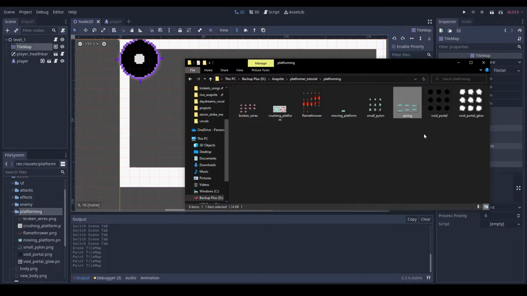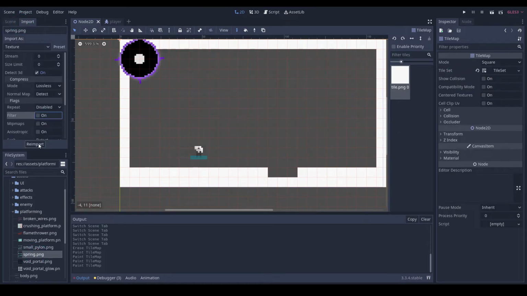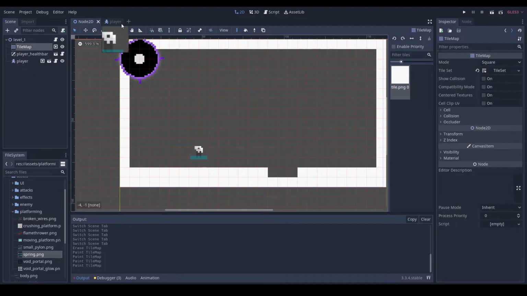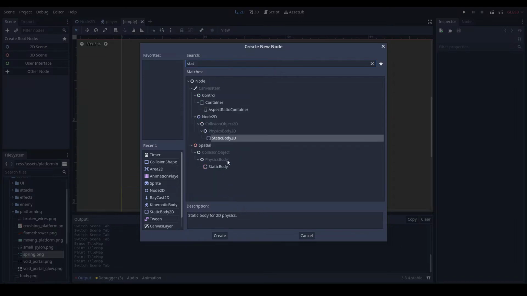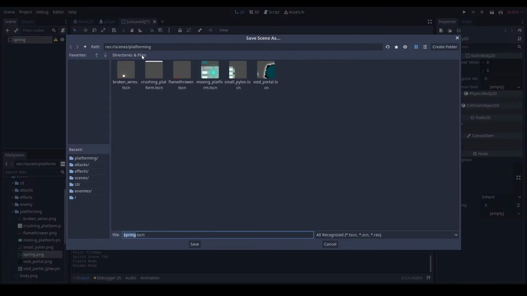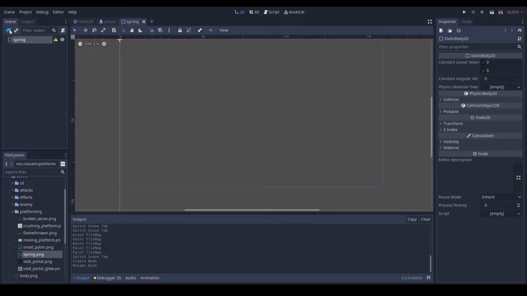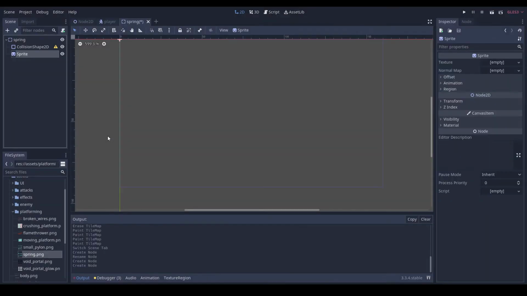Okay, so the first thing we're going to do is just drag in our spring asset. And then we're just going to re-import it, and then we'll create a new scene. It's going to be a static body 2D, and it's going to be called a spring. Then we can save it on the platforming as spring, add in a collision shape, and add in a sprite,